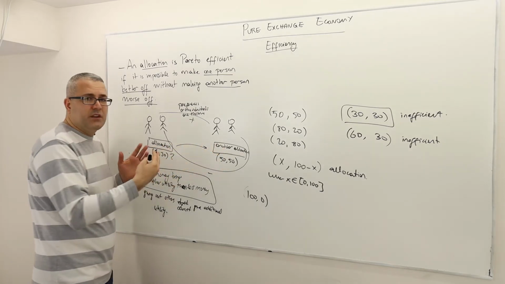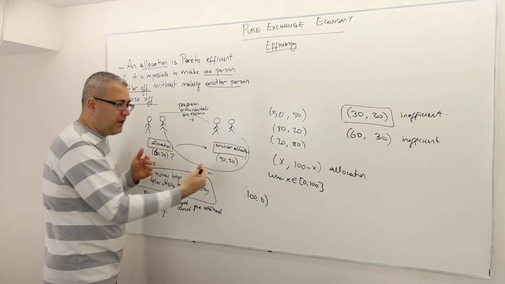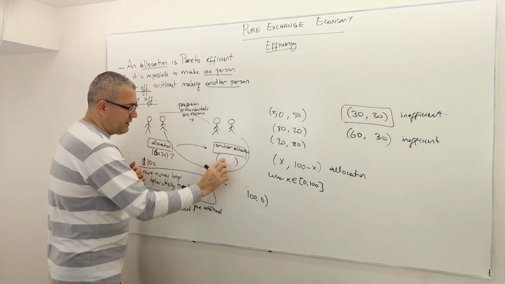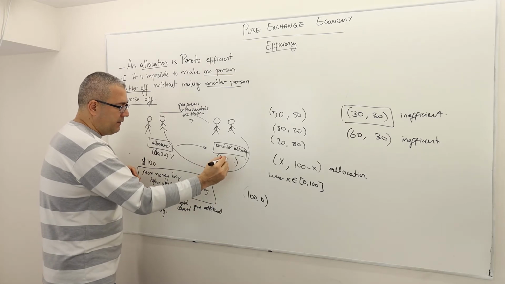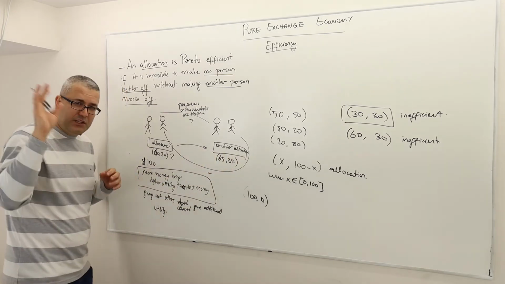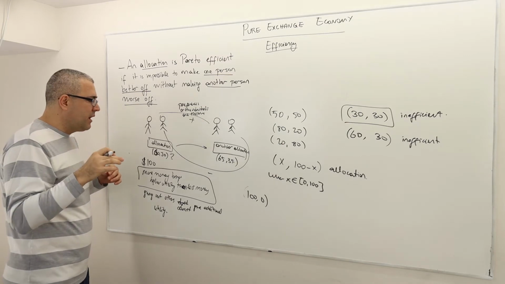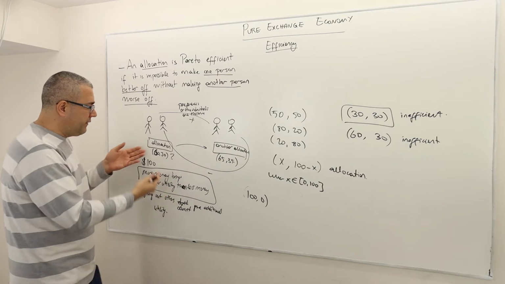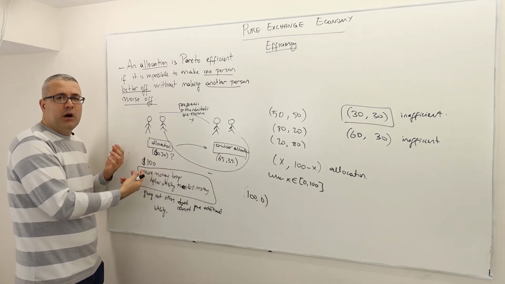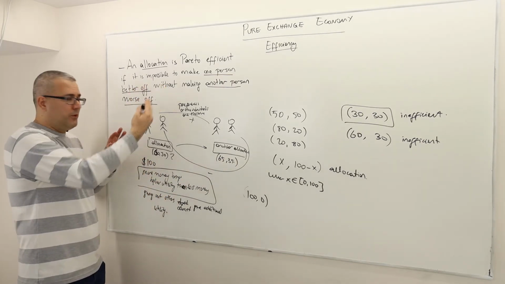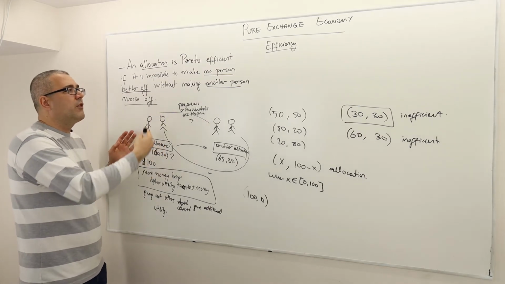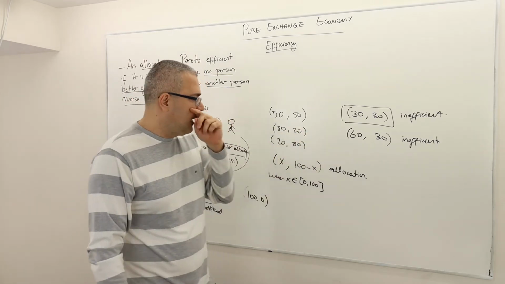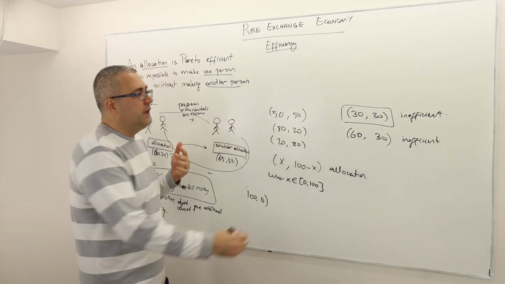Well, the answer is going to be no. Why? Well, because there's another allocation. I need to show that there's another allocation where, for example, they split 65-35. All right, so this additional $10 that they're wasting, they're basically sharing it half and half. So 65-35 brings joy to both Anita and Bob. And so, therefore, it is possible to make one person better off without making the other person worse off. And hence, this is also an inefficient allocation. All right? So these are inefficient.